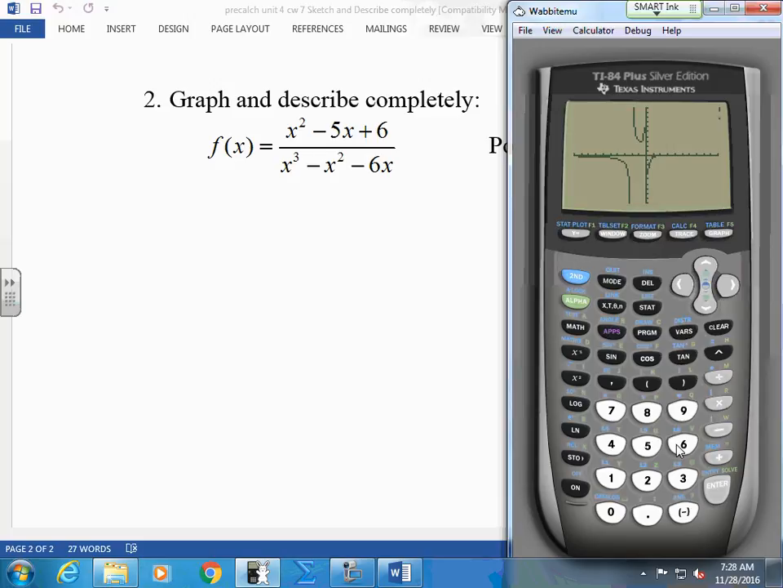Okay, so we see a lot going on here. We see something coming this way. We see a little piece over here. We see this piece over here. I'm not really sure where that's going. We're going to have to take a better look at that part in a minute because your calculator really has